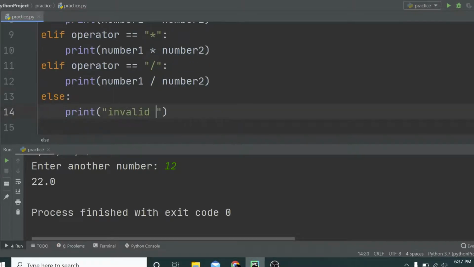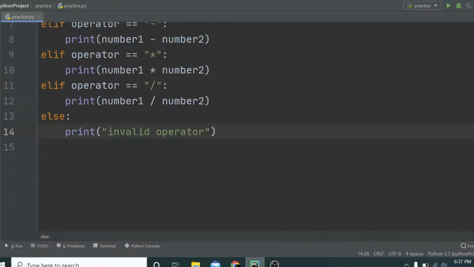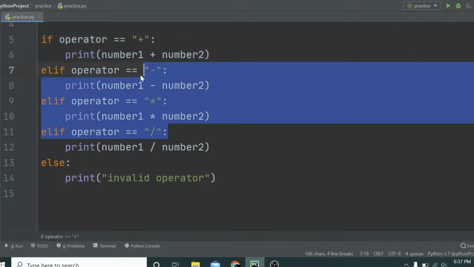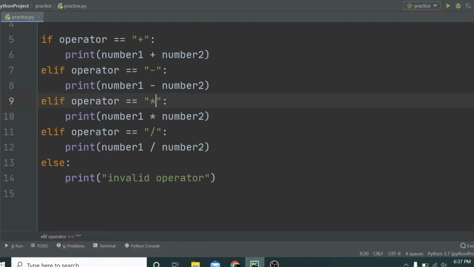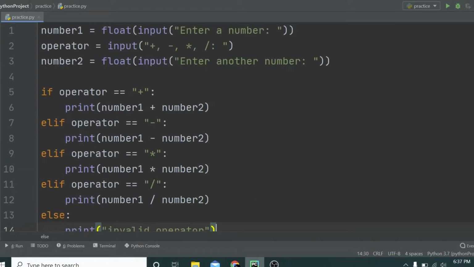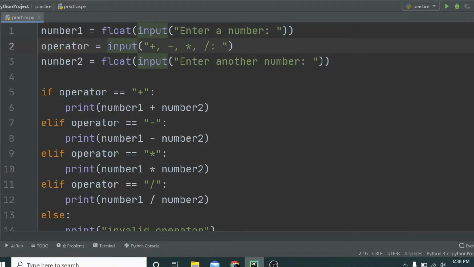invalid operator. So what this is doing, guys, is if it is not any of these, like the plus sign, the minus sign, or the multiplication sign, or the division sign, then it's gonna print invalid operator. What we are doing here is taking the input from the user using the input statement, and we're converting it into numbers to do calculations with them, and we're storing it in variables. And for operator, we're not converting it because we need it as a string